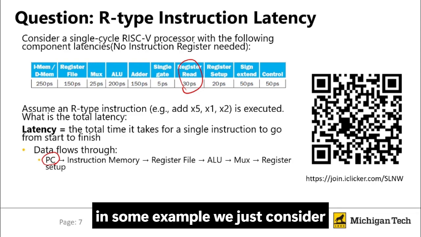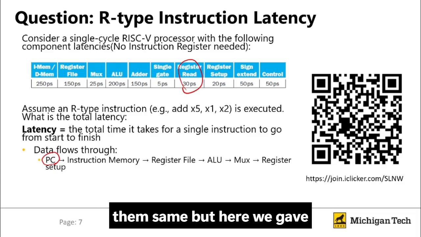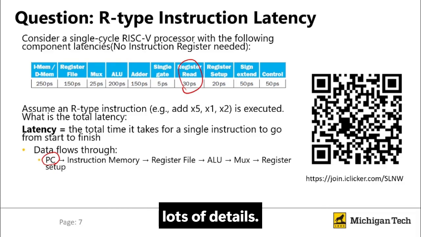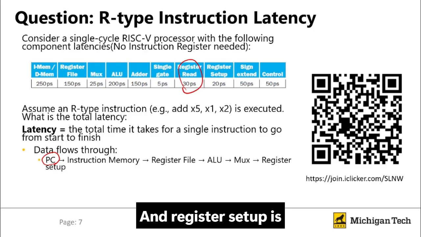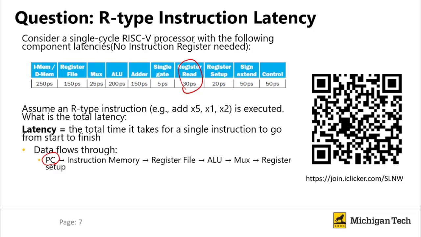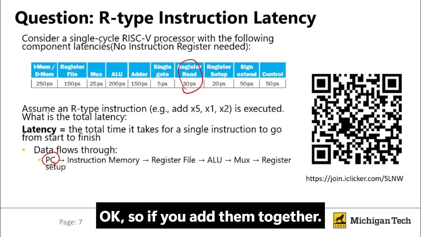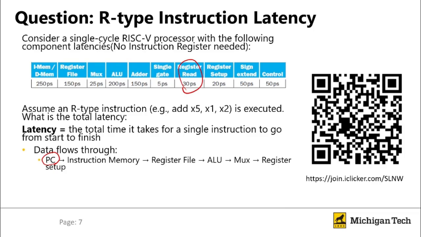In some examples we just consider them the same, but here we gave lots of details. Register setup is actually write back in the register file, but it has different timing, 20. Okay, so if we add them together,